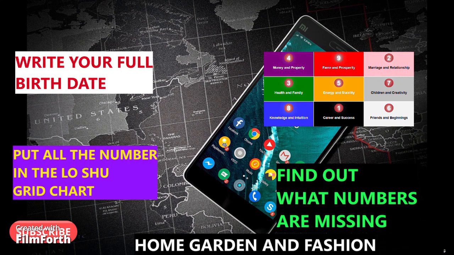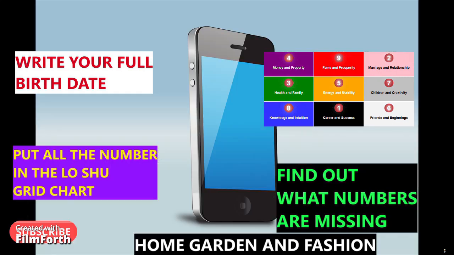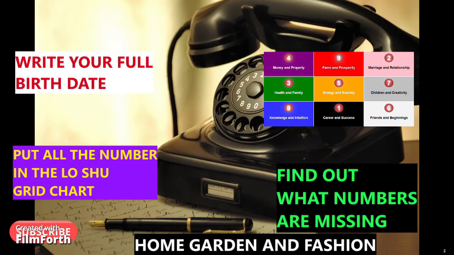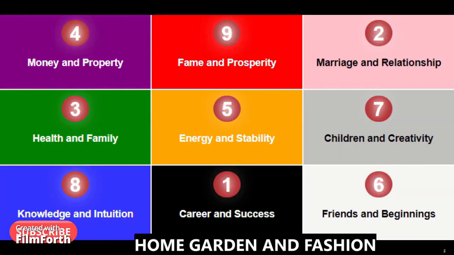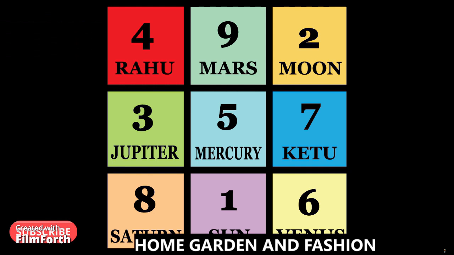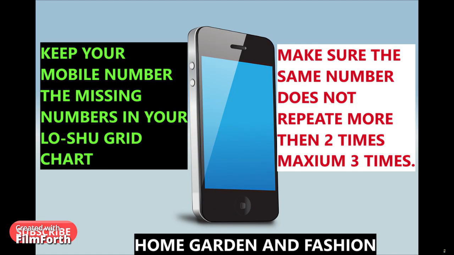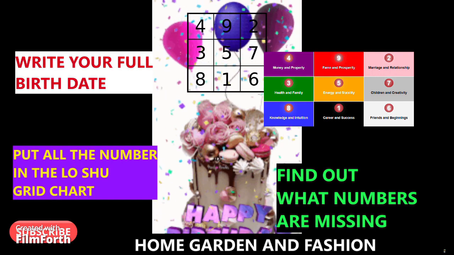Now when you go get your cell phone number, try to get numbers around this, and if you get repeated numbers, then get repeated numbers around this, but don't get any more repeated numbers of what you already have. So you can get repeated numbers of 4s like double 4. You can get repeated numbers of 5 because you don't have that. You can get repeated numbers of 2. You don't have that, but get it like 2